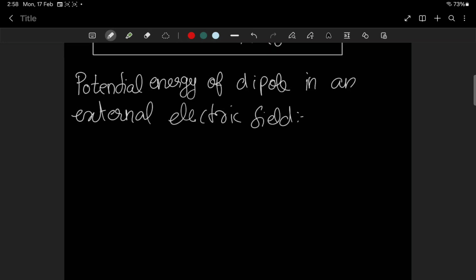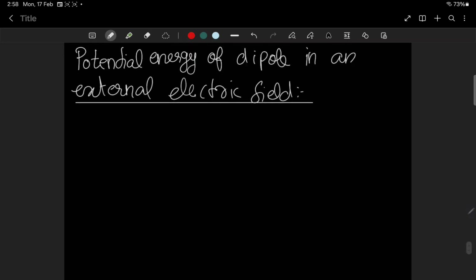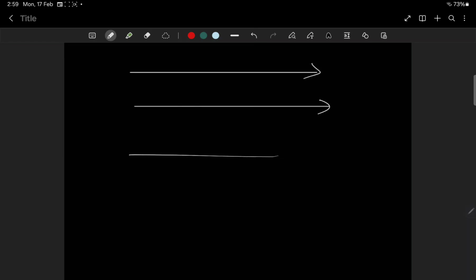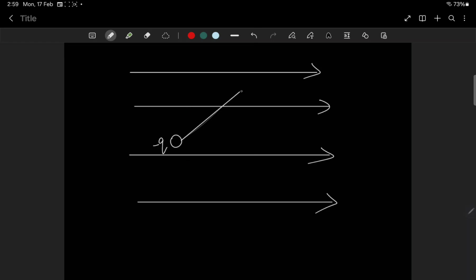So before doing this, we just skipped one part from the electric field and charges chapter. I purposefully skipped it. I said I will tell it here, so we'll complete everything in a flow. First of all, I am going to take the condition of keeping a dipole in the external electric field. I took a dipole, that is a minus Q charge and a plus Q charge in a dipole. This is 2A.